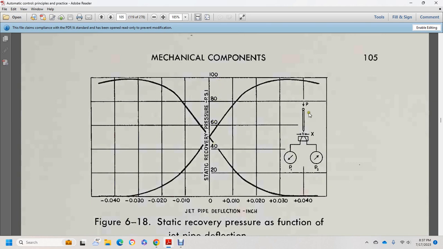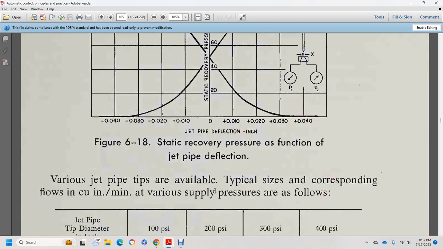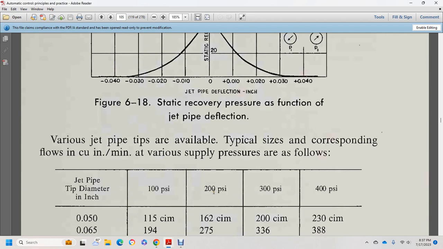P1, P2, X in the orifice, and then 0 to negative tenths to the left, negative 10, positive tenths to the right. And jet pipe deflection. Various pipe tips are available, with typical sizes corresponding to flow in cubic inches per minute, at various supply pressures of 100 psi, 200, 300,